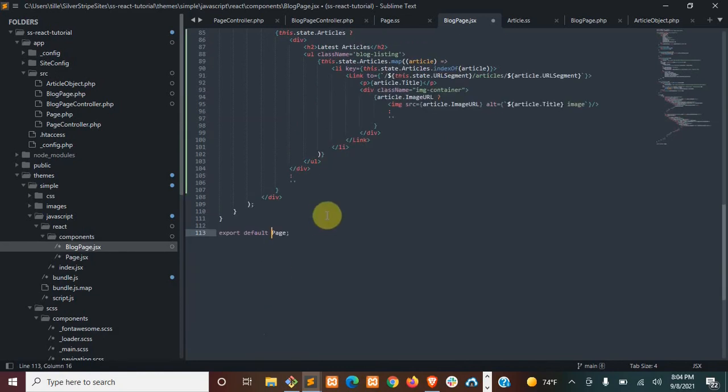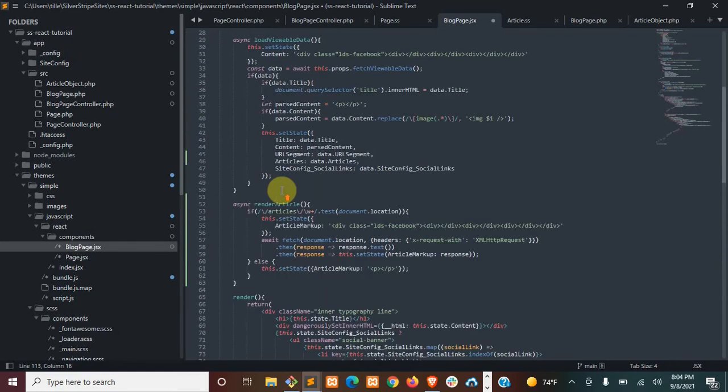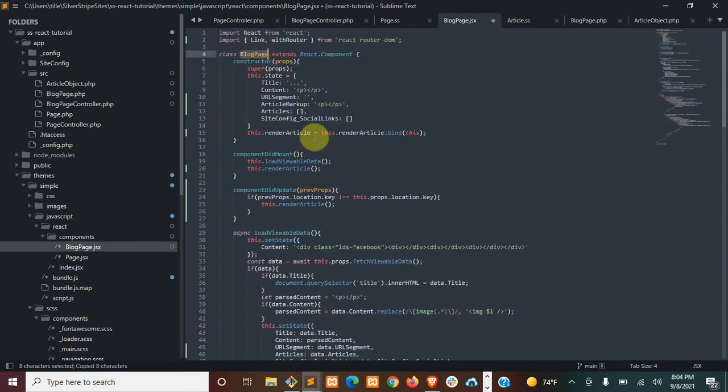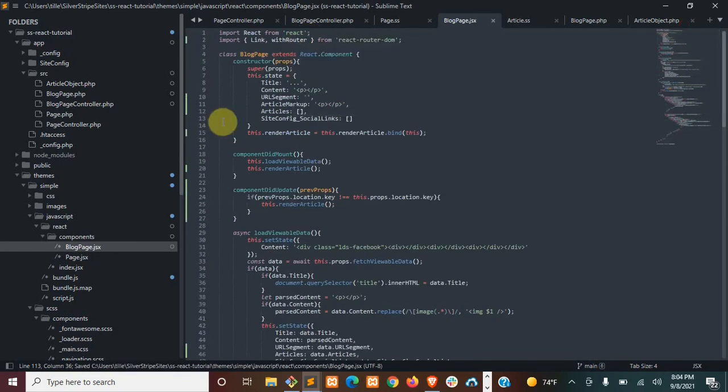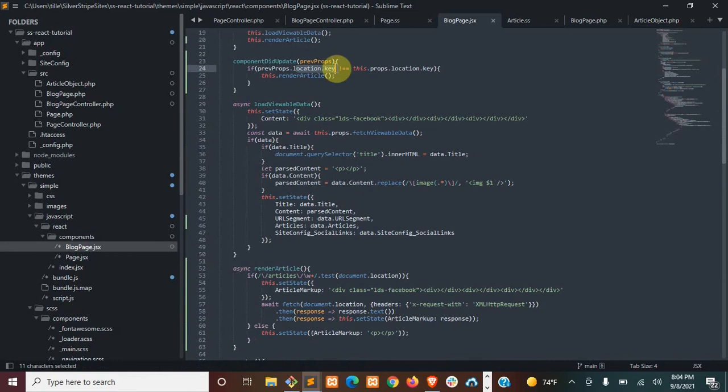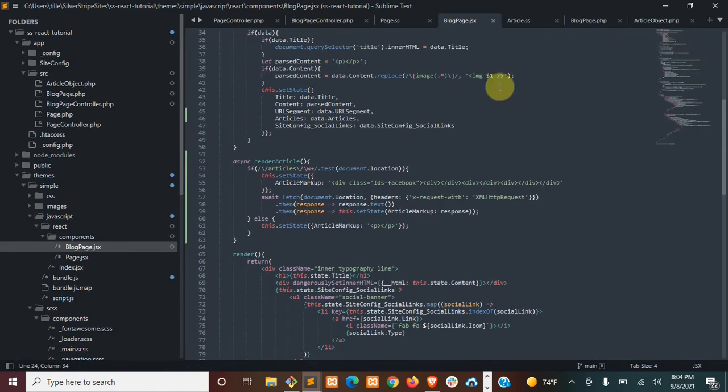Now you might have noticed that we are still exporting page when this is the blog page, so we're going to export the blog page, but we're going to export it with the withRouter wrapper. And if you remember, we imported that up here, and that passes these props here. So this component actually is aware of the current URL location because the document location is actually passed as a